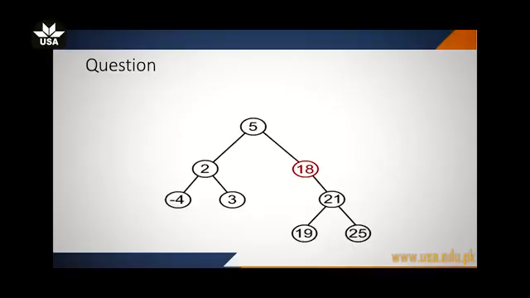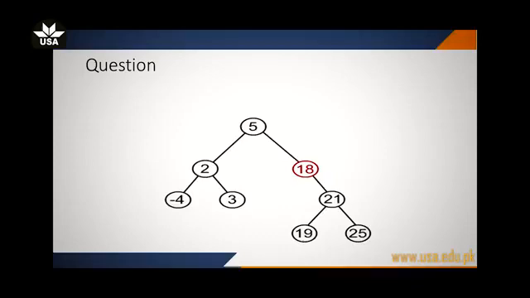This can be done by traversing the right subtree and finding the minimum value. And finally, we can replace that value with the root node and delete that node, because the minimum value in the right subtree will be a leaf node of the right subtree. For example, in this case, the value to be deleted is